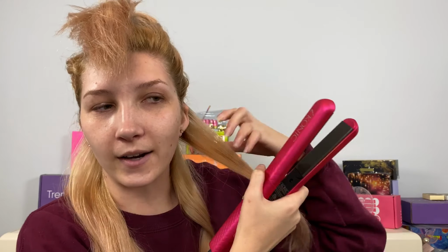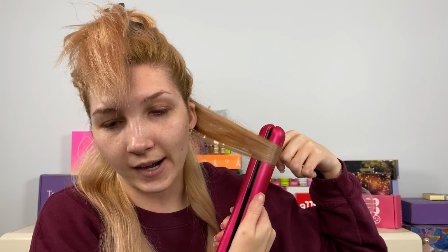I want the most amount of waves around my face on the front top pieces of my hair, and the least amount on the bottom. But I still want a little bit of a flip. So middle, turning, taking it out at an angle, just like that. And I do have my straightener at about